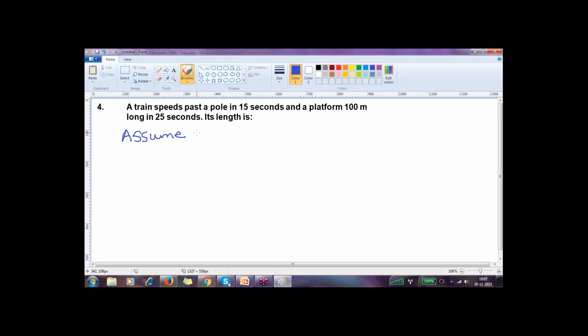Assume train crosses pole and platform at same speed, which is x meters per second. Okay. Now this is the speed,